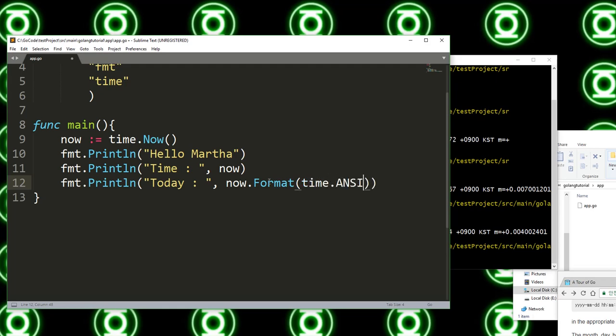then ANSIC. This function right here will give us a piece of time, which is part of the now variable we made, which is really a time.now function. So we're going to get this today. We're going to format the time to ANSIC. If you want to know what something means in detail,